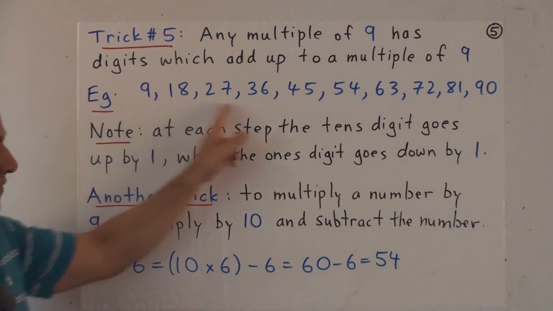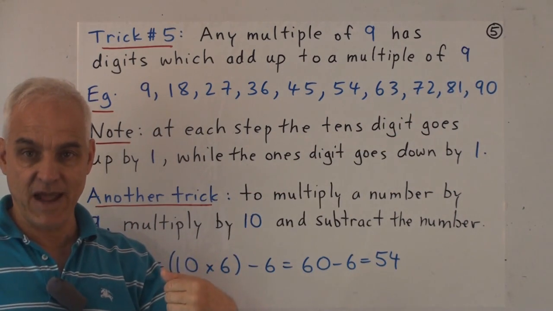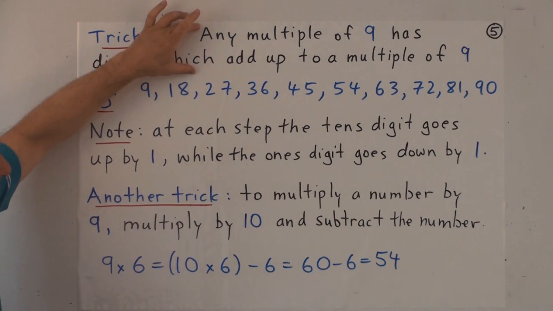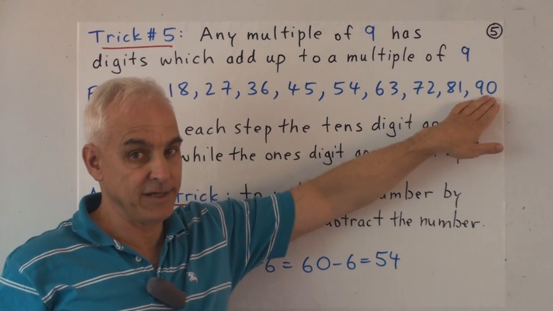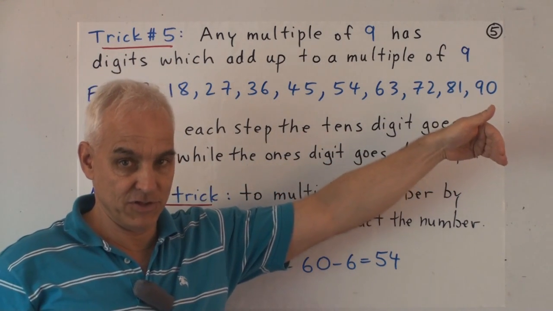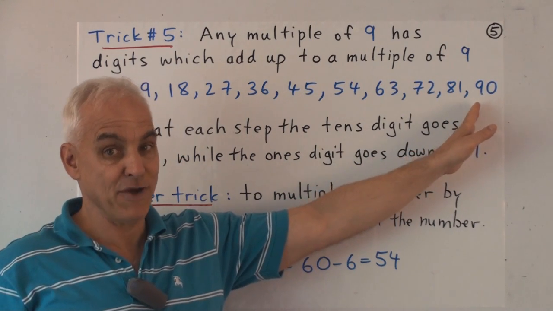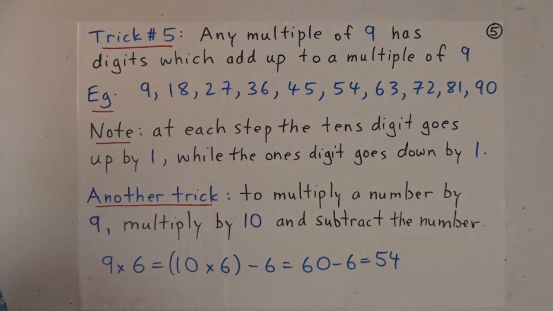That's certainly true for the first 10 multiples of 9, where the sum of the digits is in fact just 9. But we state the rule this way because, in fact, the rule applies even if you go beyond 90 to higher multiples of 9, like 99. The next one will be 108, and so on. The same rule still applies.